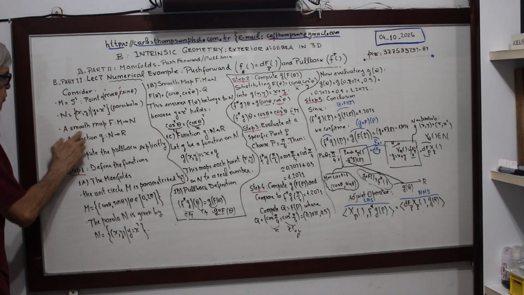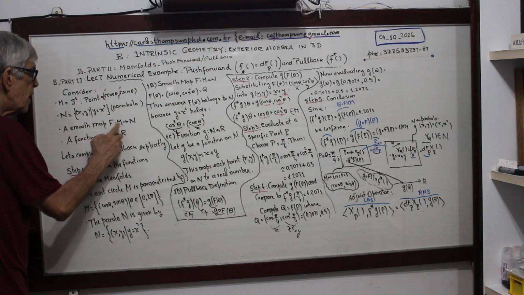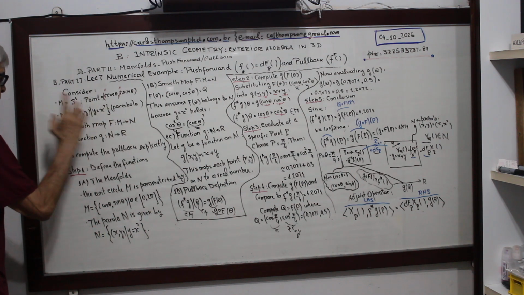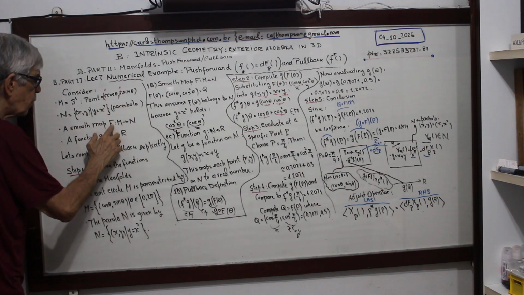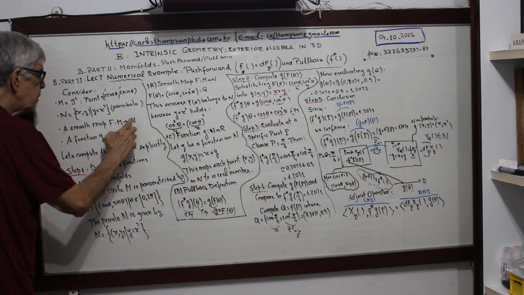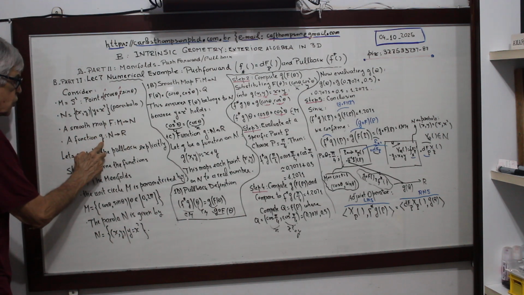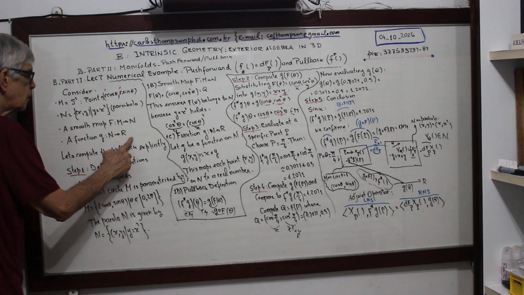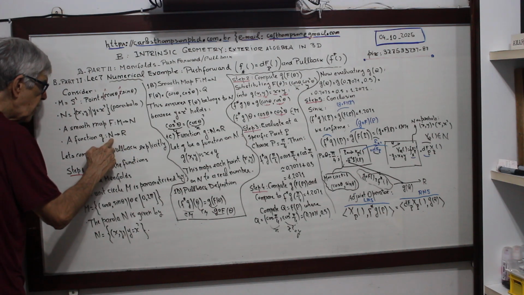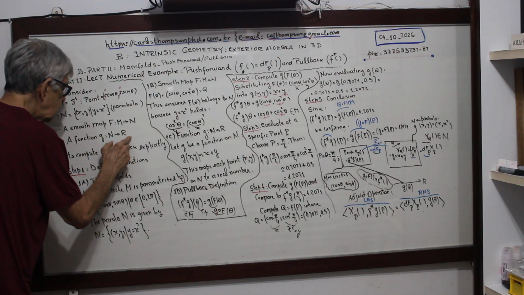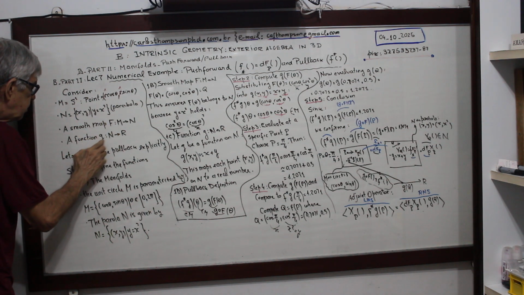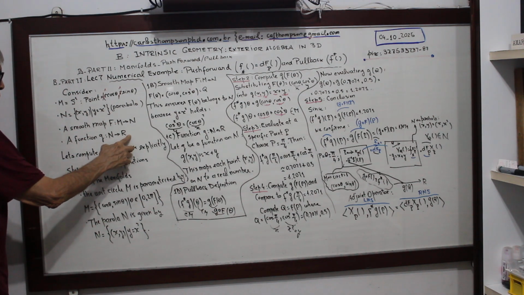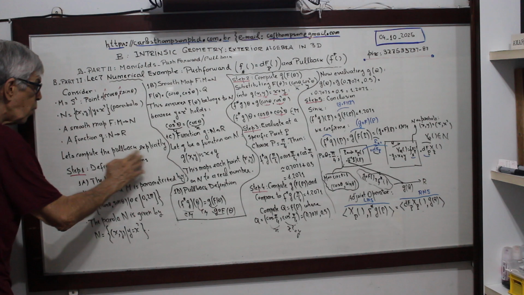Now, consider also a smooth map. F maps manifold M to manifold N, okay? Points in manifold M to the manifold N. A function G now maps N to R, okay? Now, these functions here to R, okay? Attention now, G belongs to N, there's a map to the real number R. Let's compute the pullback